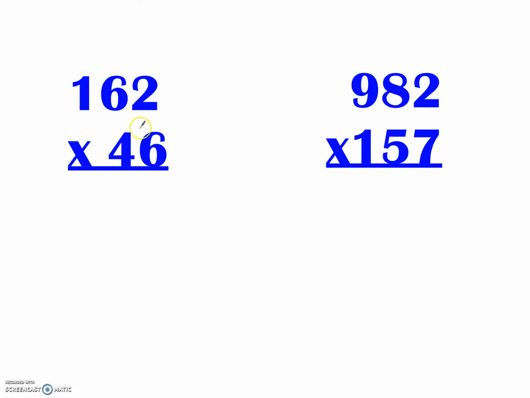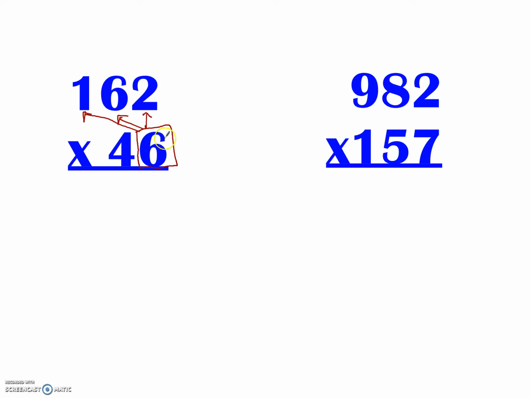Okay. A 2-digit by a 3-digit is the same process if the number on top is the 3-digit. Okay, so we're going to focus on the 6 first. We're going to take the ones place and multiply it out to each. Remember, we always start with the ones or the lowest place value and work your way up to the largest